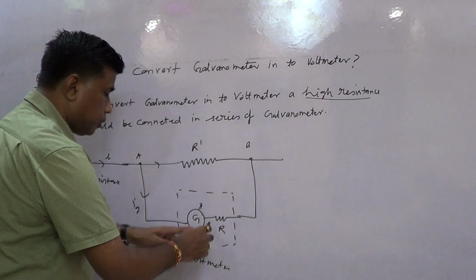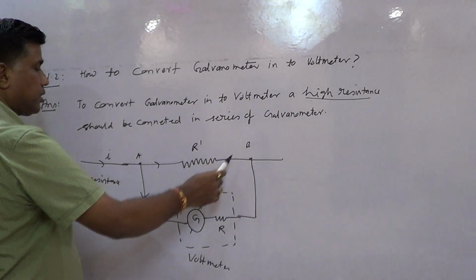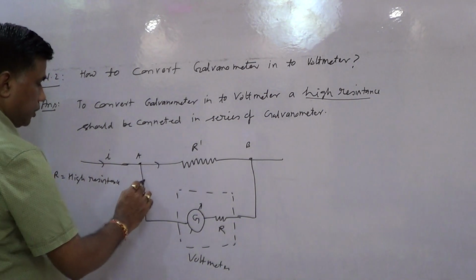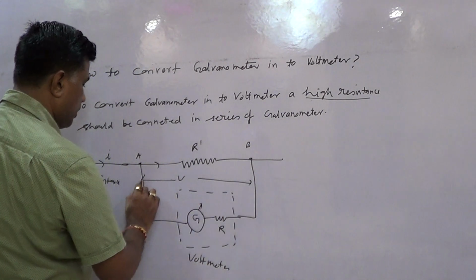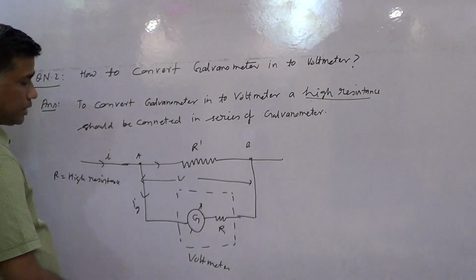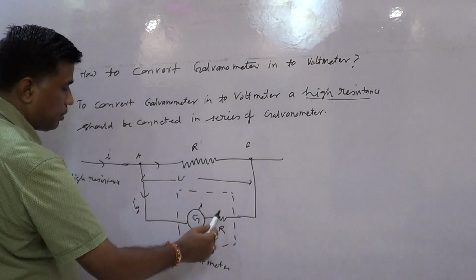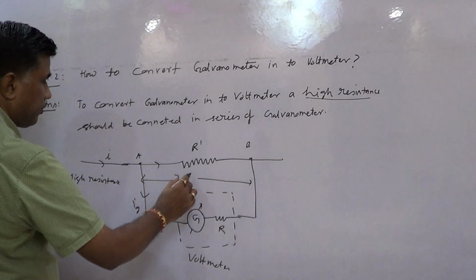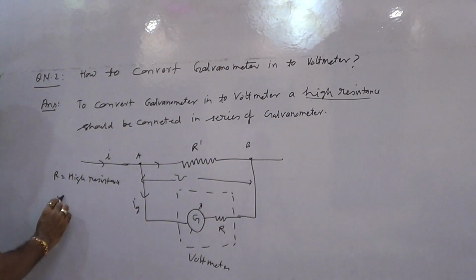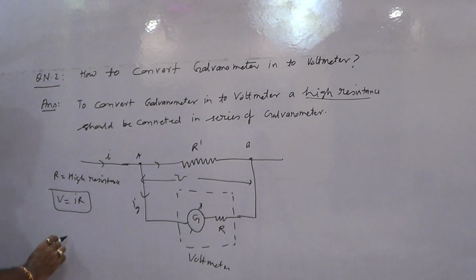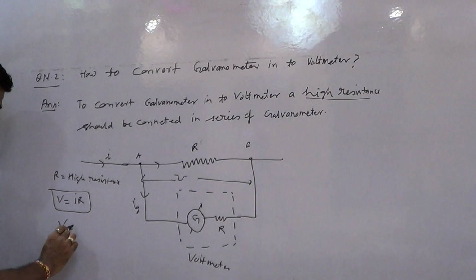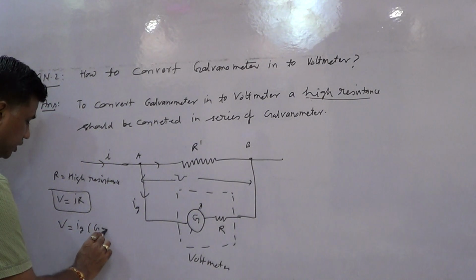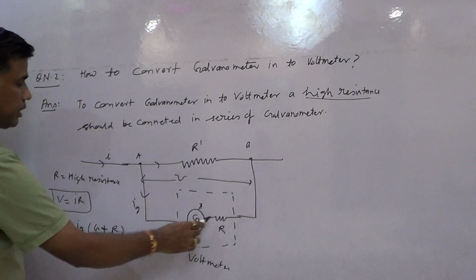And we have connected this voltmeter parallel to the 2 points across this resistance R dash. Student, as I taught you so many times, in parallel the potential difference is same. Whatever potential difference is across R dash, the same potential difference will be across this G plus R. These two resistances G plus R are connected in series. So to find the potential difference across this resistance R dash, I will use the formula V equals I into R. But in this case, V equals, the current is I suffix G and the resistance is G plus R. Why? They are connected in series, so the total resistance will be G plus R.